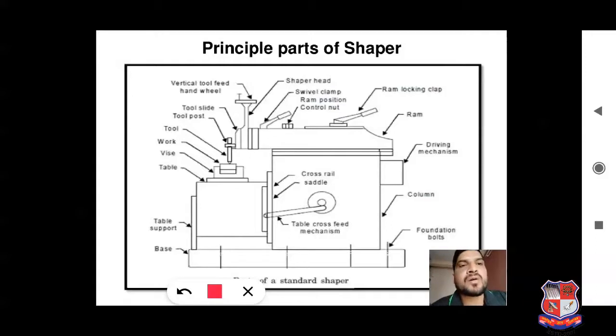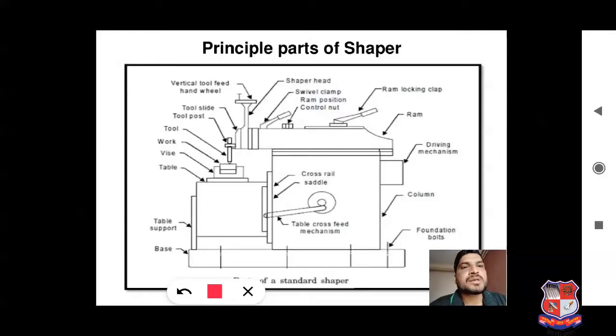As we already discussed, during forward stroke cutting is carried out, and during return stroke no cutting is carried out. So there should be no contact between tool and workpiece. So this clapper box will slightly lift the tool during the return stroke so that there is no contact between the tool and workpiece, and the return stroke remains idle.